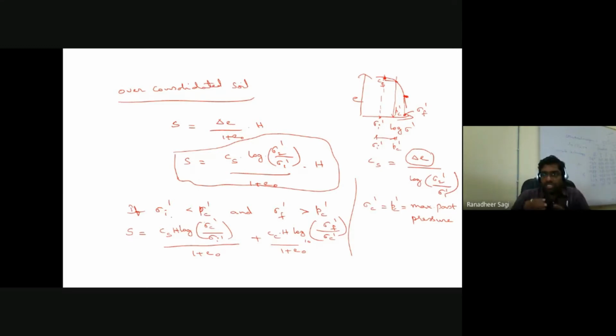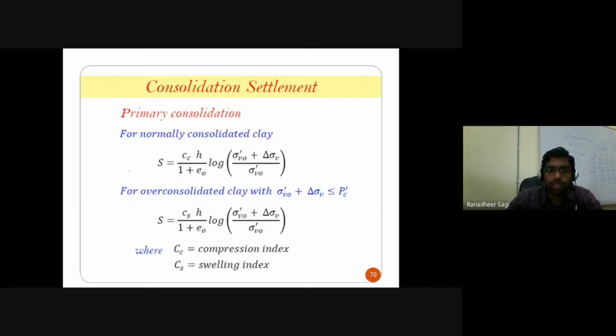In case the stress range is varying from the over consolidated state to your normally consolidated state, that's how we go ahead in calculating the so-called primary consolidation that is getting developed in your soil. Okay, so you can look at here, the case in which we are trying to estimate the settlement is for normally consolidated soil. So the expression for estimating the settlement, I have already shown you how to calculate. So here sigma v naught dash indicates the initial effective stress.